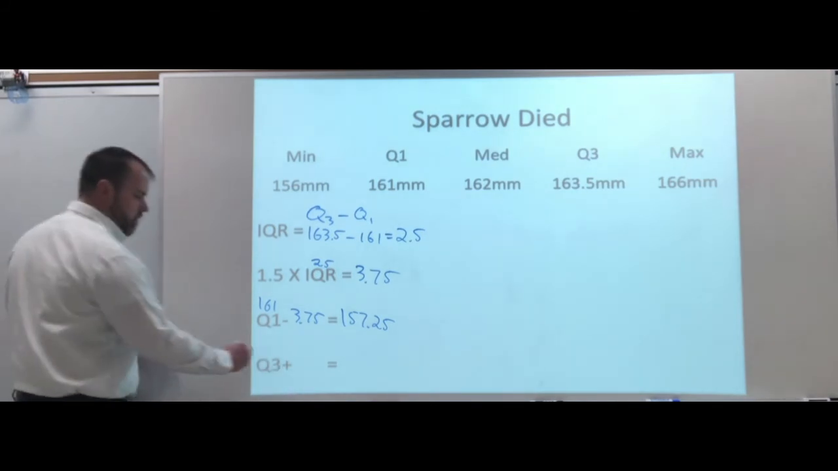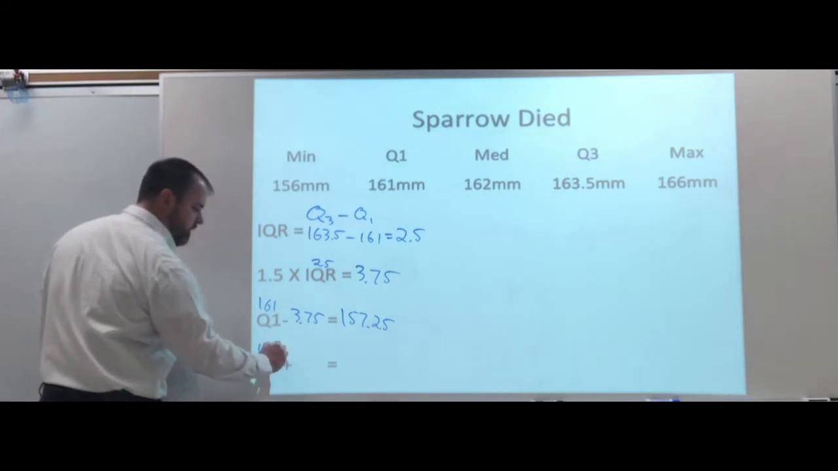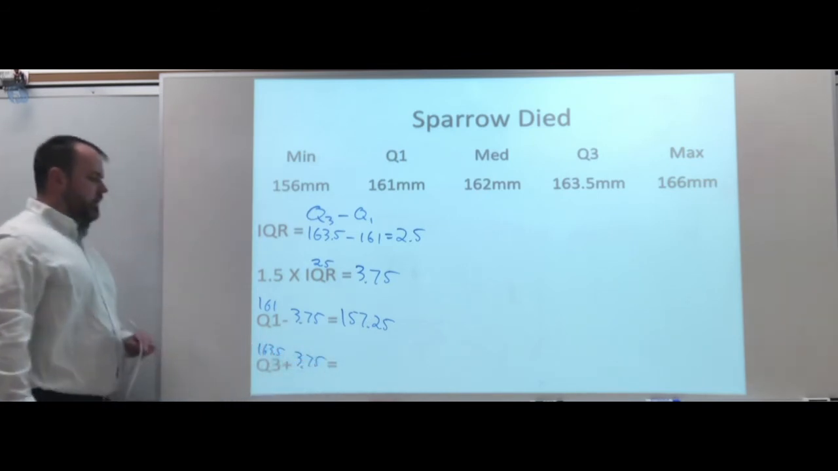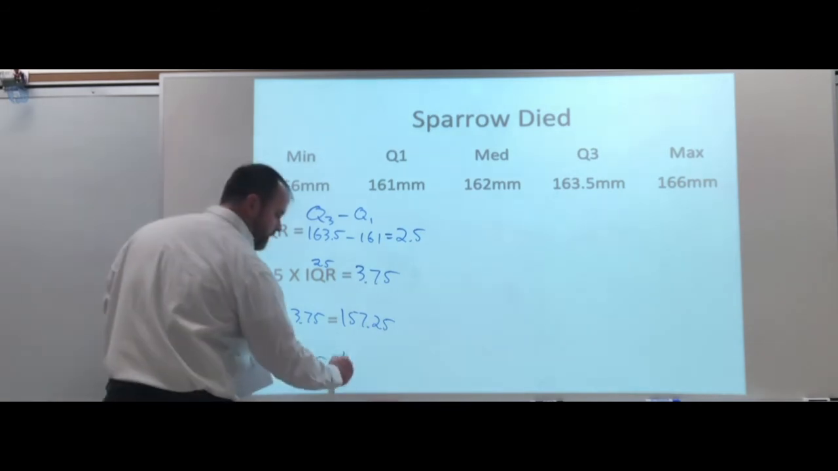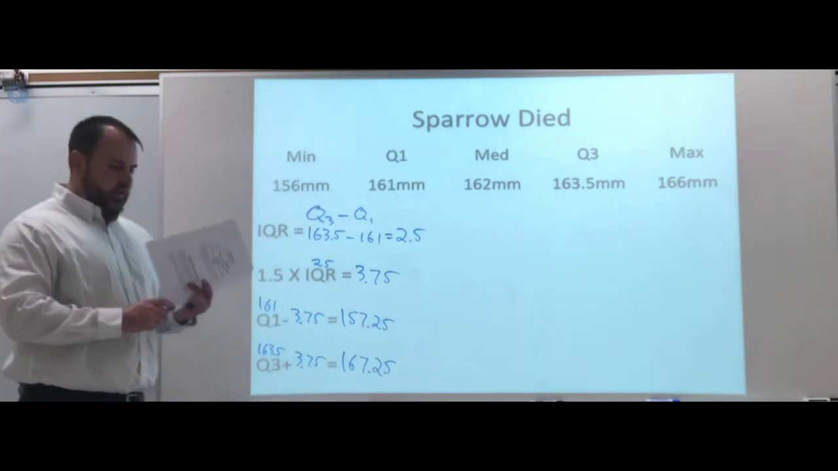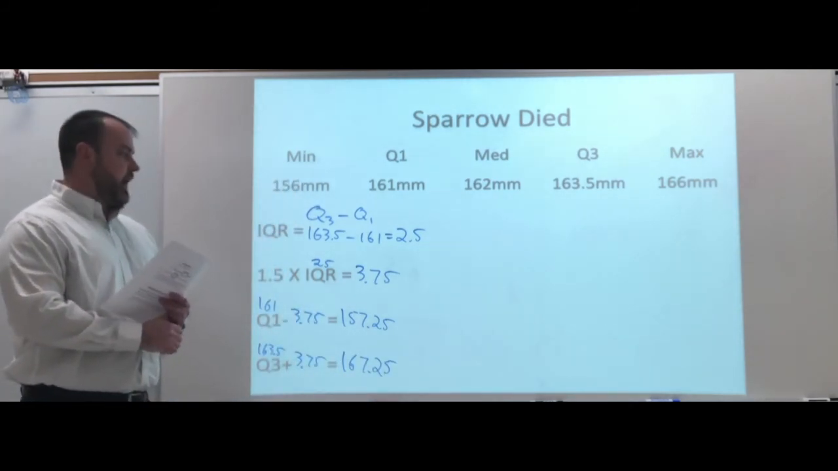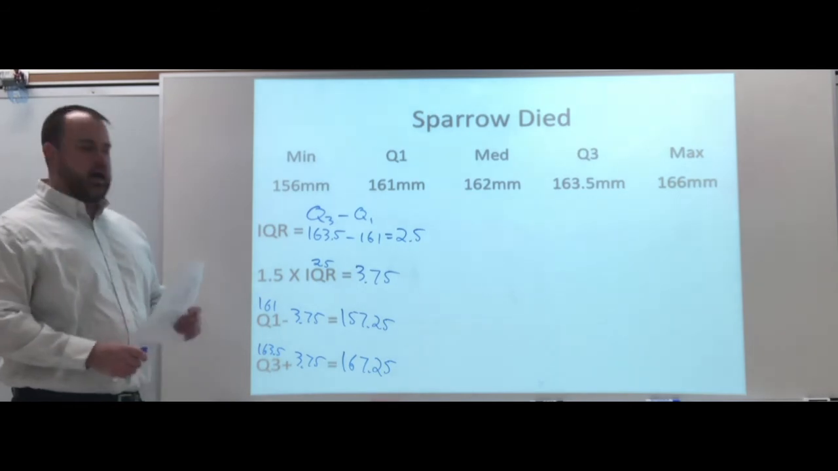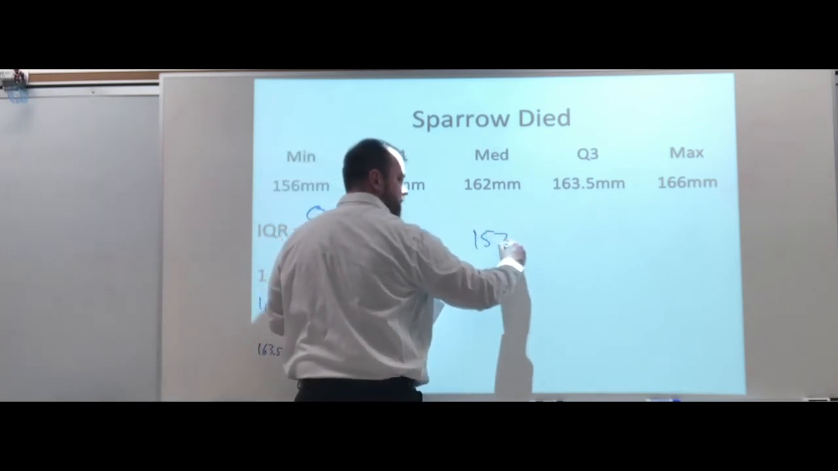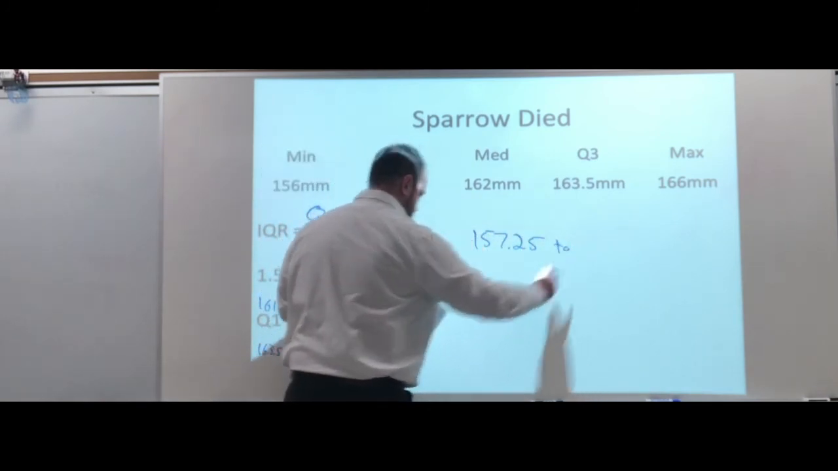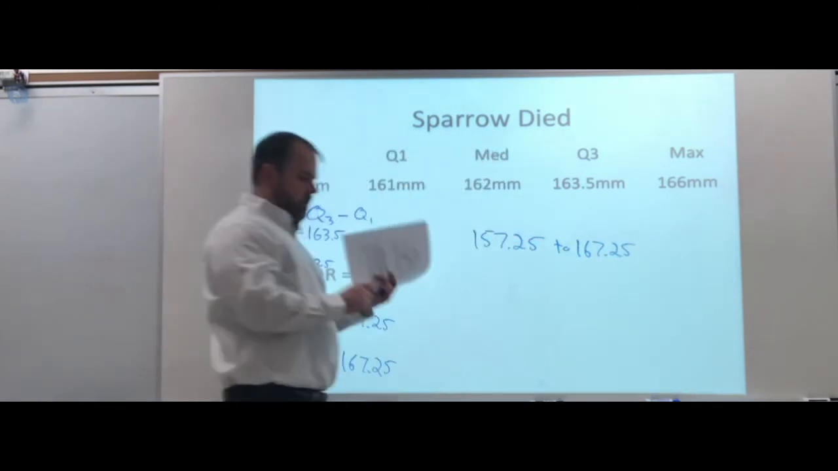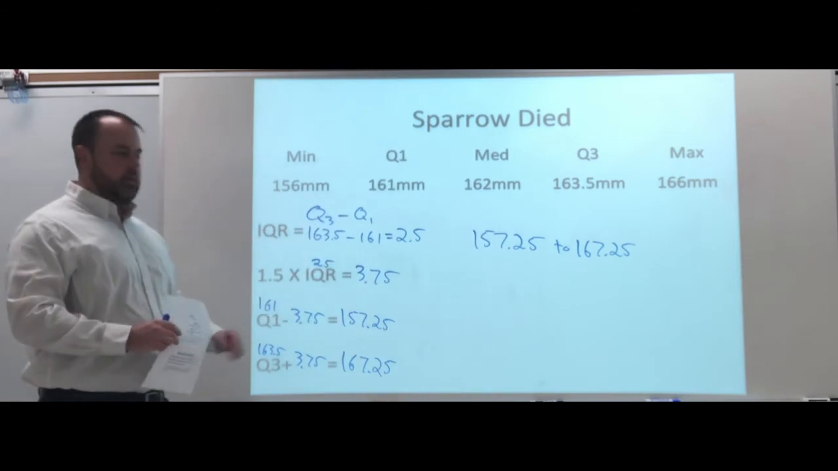Now to add: 163.5, there's our Q3, plus the 3.75, and that should give us 167.25. So there's our range for the sparrows that died. Our range would be 157.25 to 167.25. Okay? If we're looking at this, right now I don't have the whole data set, but we can see